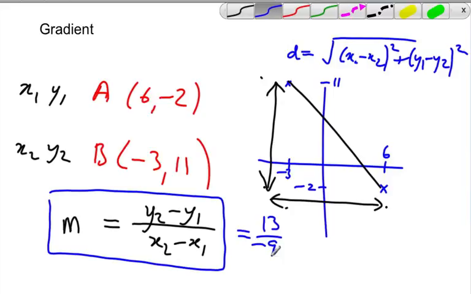And of course, we wouldn't leave it like that generally. Convention suggests that the negative sign should just sit out the front or be on the top line, but not on the bottom line. So that's basic gradient. Very, very straightforward to work out the gradient. Okay, now just before you go,